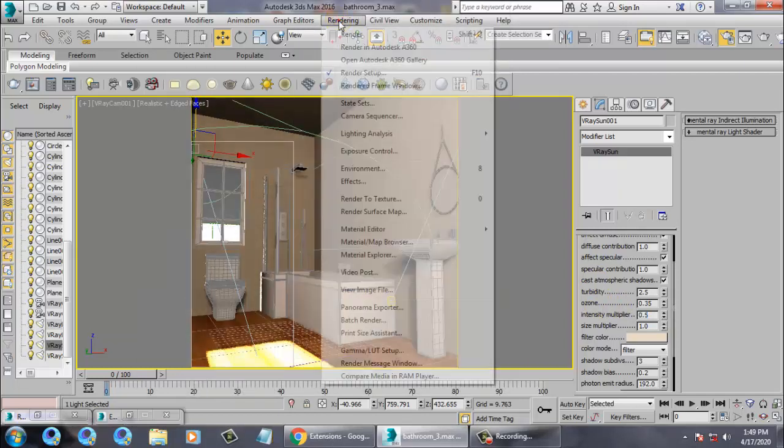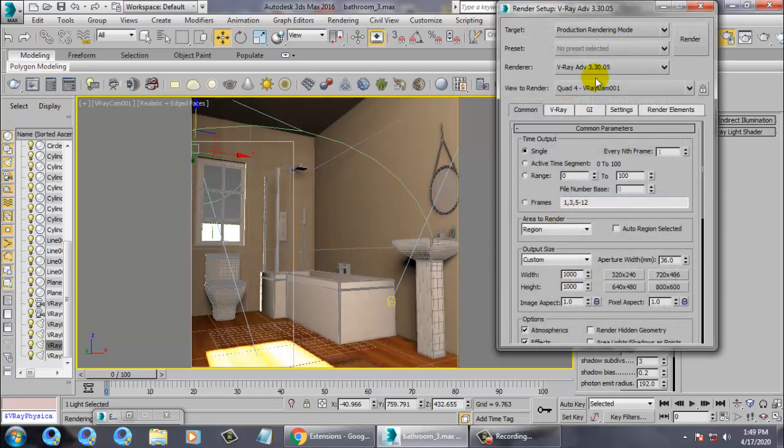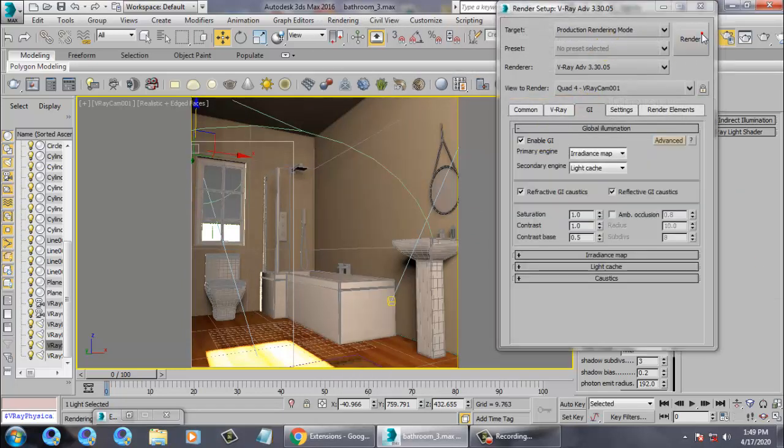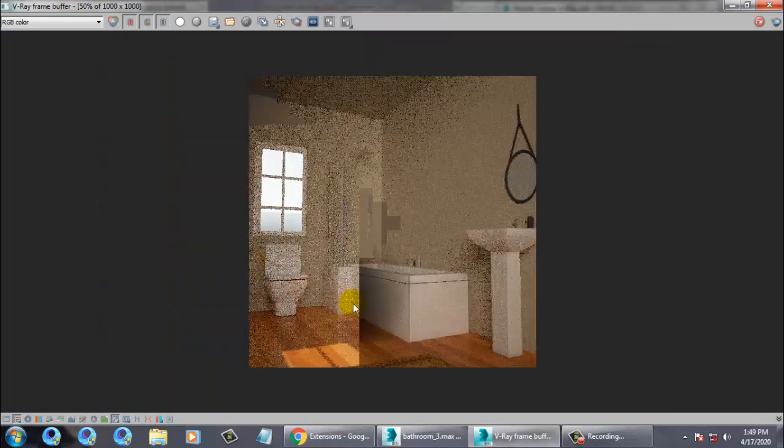And if I again go back into the render setup, let's see how it looks if I activate the GI.